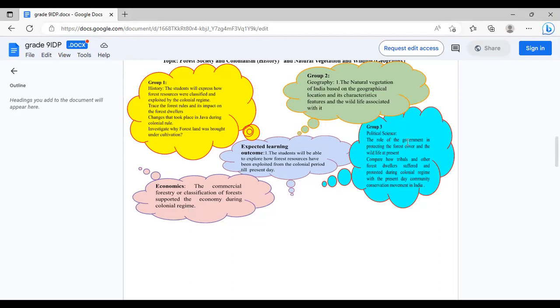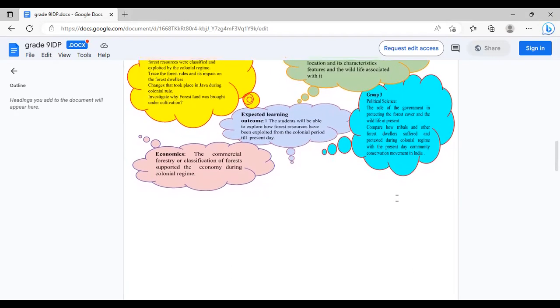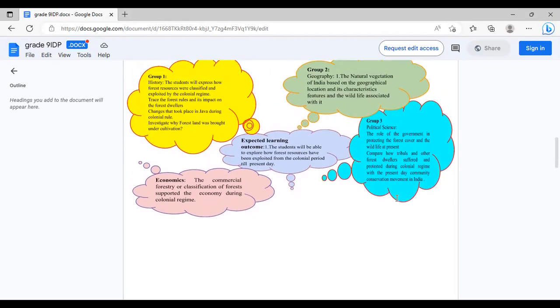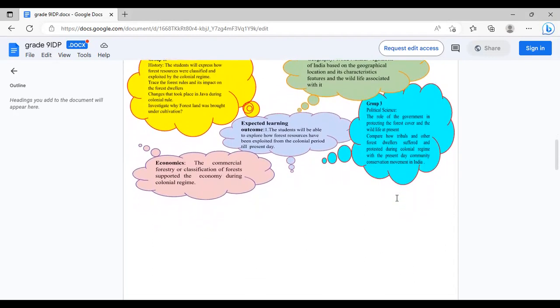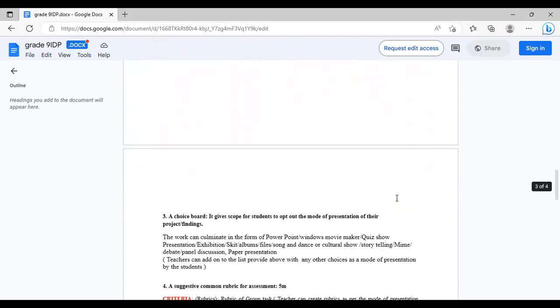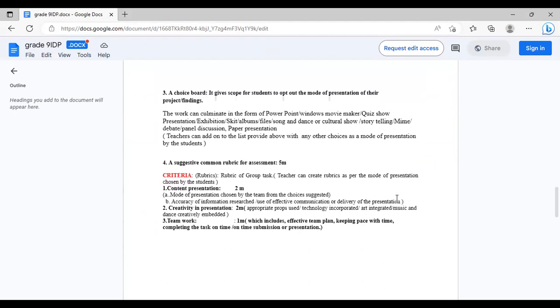Political science, the role of the government in protecting the forest cover and the wildlife present; compare how tribal and other forest dwellers suffered and protested during the colonial regime with the present-day commercial conservation movements in India. In this way, if you see, history, geography, economics, and political science have been interlinked. A choice board gives scope for the students to opt for the mode of presentation of their project